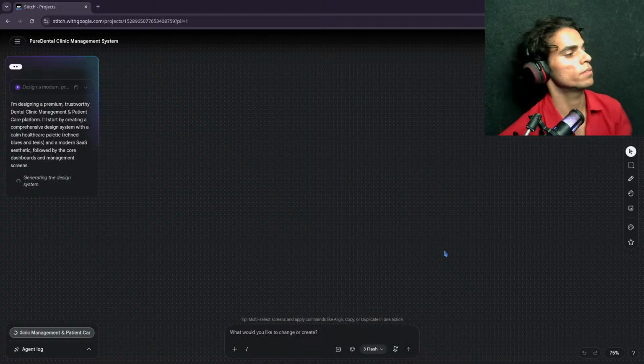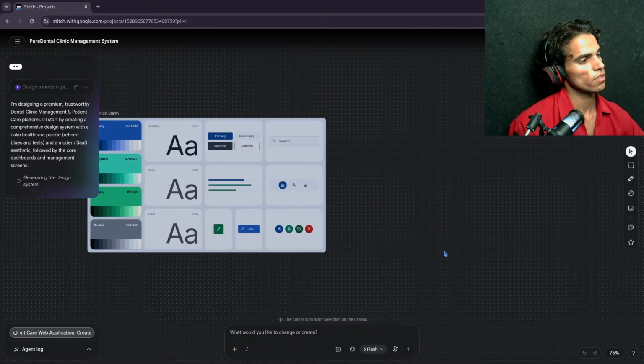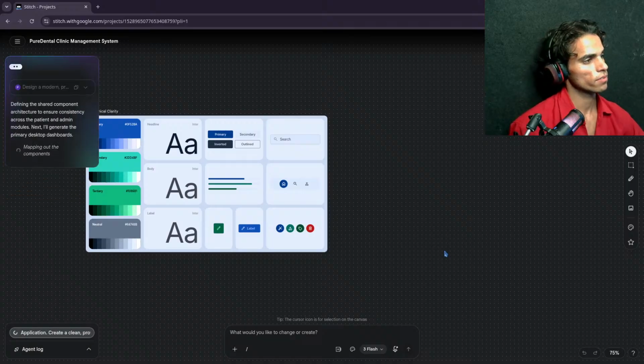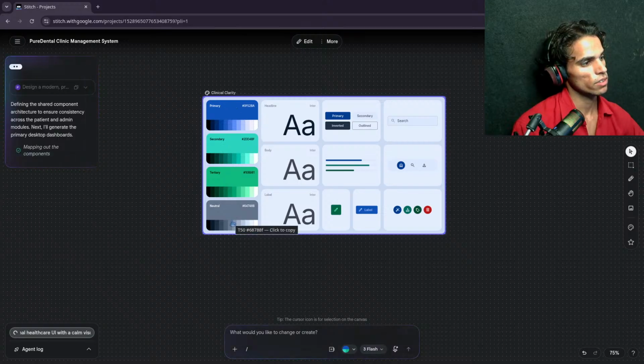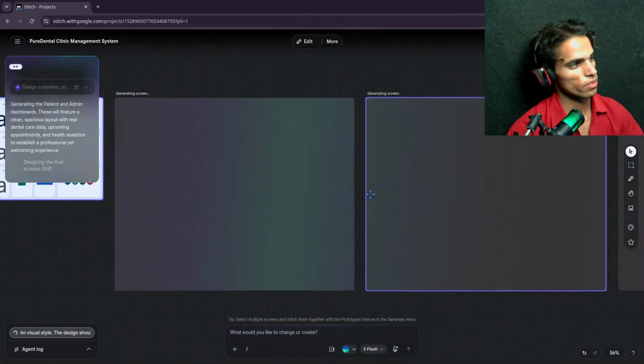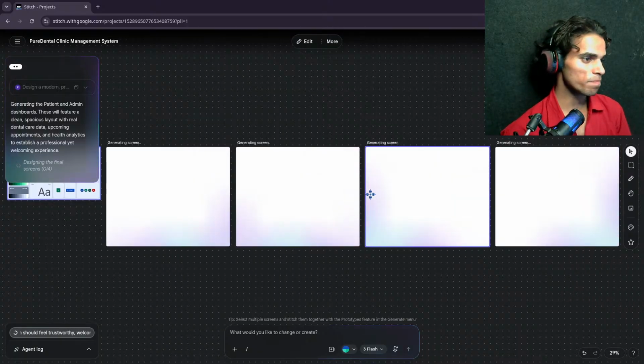I'm designing a payment process. Primary, secondary, tertiary. Headline. Great.